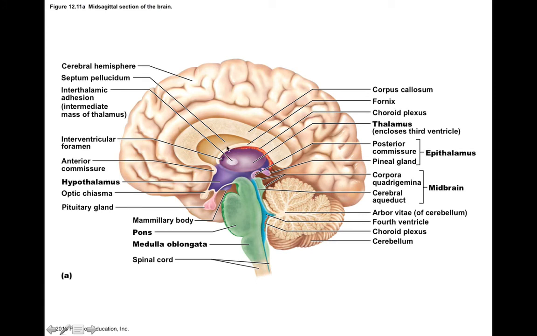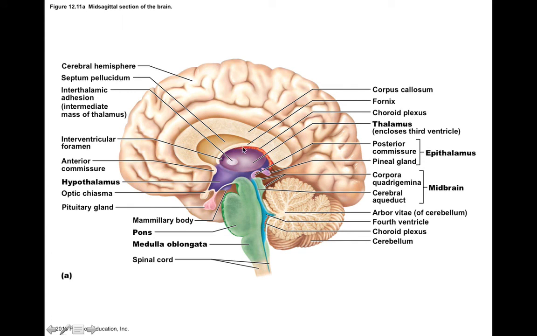So if you looked at the diencephalon once more, you'd find our thalamus here with an intrathalamic adhesion that could connect to the other side of the thalamus. We have our hypothalamus just below it and our epithalamus nearby. Now, in the epithalamus, you can see things like your pineal gland, which secretes the hormone melatonin that's also involved with sleep-wake cycles. So just to summarize the functions of these three portions of the diencephalon,